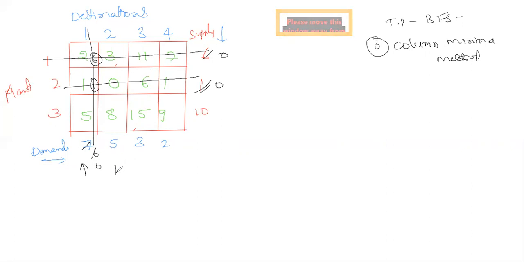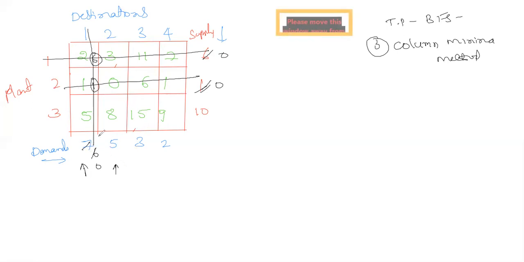So both this row and this column get cancelled. Next, go for the second column. Only one is there, already cancelled. We cannot go for that. Why? Because the supply of 6 is fulfilled. Completely we have given it to the first destination. We cannot give it to another destination, so that is cancelled. Similarly, only one supply is there, and that is allocated, so we cannot allocate more in this particular row, so that is cancelled. Similarly, in this column, already 6 plus 1 is supplied to destination 1 from plant 1 and plant 2, so this is also cancelled.